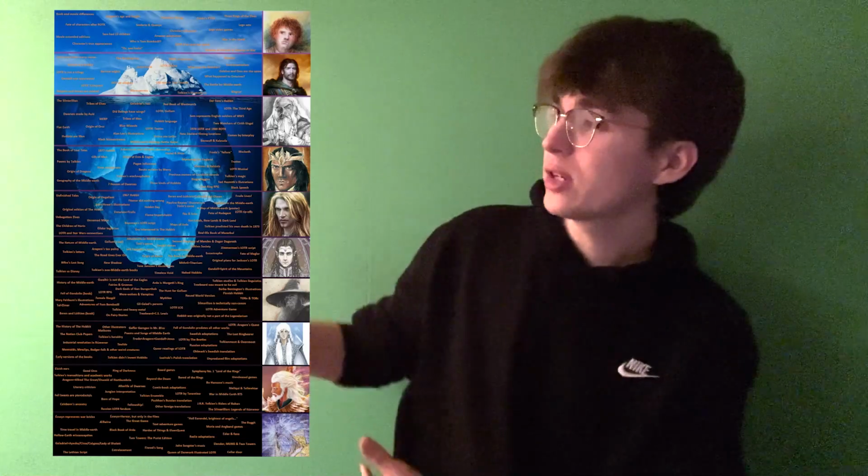This bad boy is pretty ginormous, so I'm going to throw it up on screen right about here. That way you can take a look at it. As you can see, it has multiple layers, but today I'm going to be going over just the first layer. The first layer, of course, is surface level stuff that everybody should know about the Lord of the Rings. If you've seen the movies once or twice, you probably know it already. I thought I'd go ahead and do it though. It's a nice little introduction into what it could be.